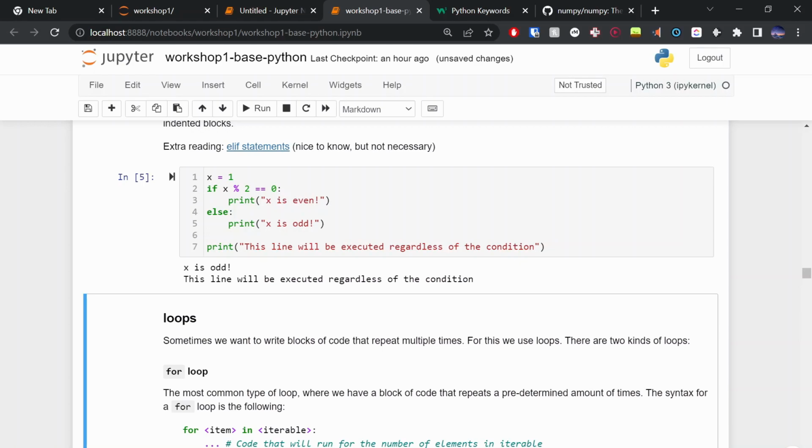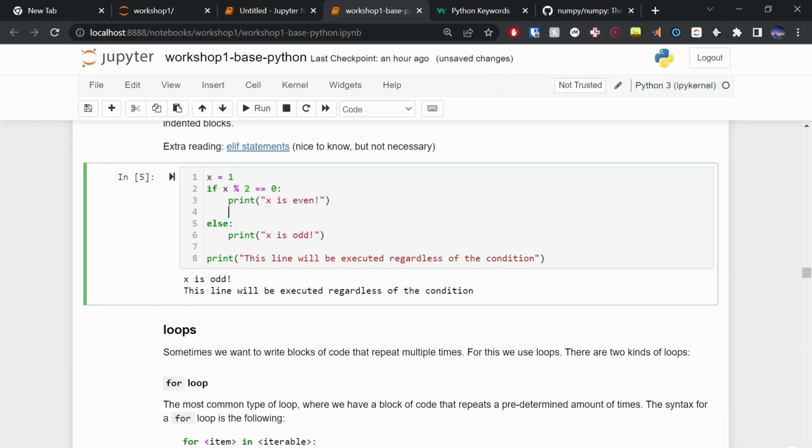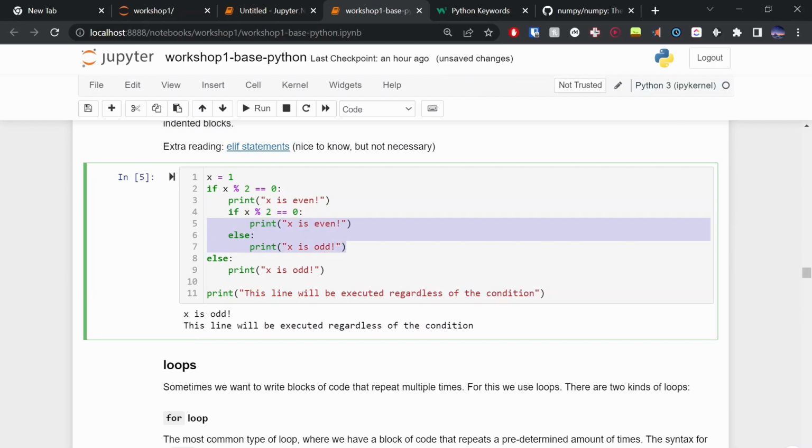But if you can imagine that if you nested these if statements, if say I did something like this, I can say if x is 2, and then if x is 0, say x is 0, or something like that.